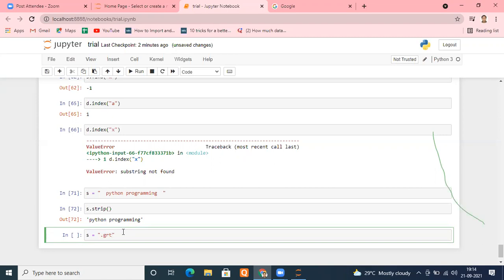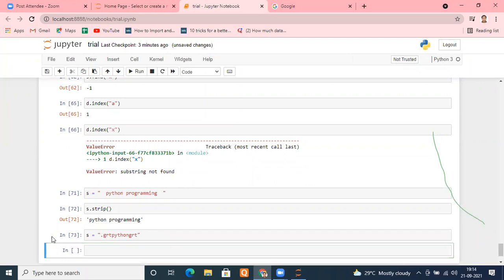These are certain characters which are coming inside my string. This is the string I created.